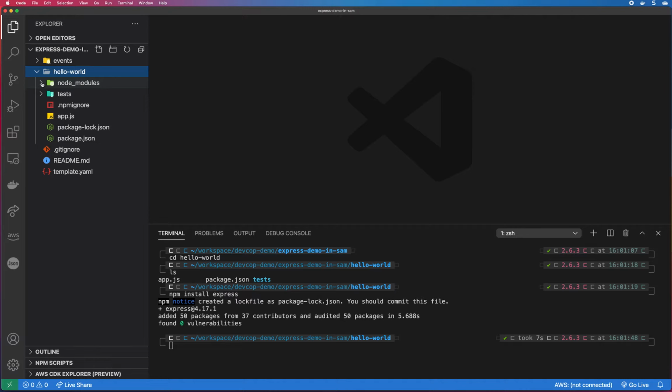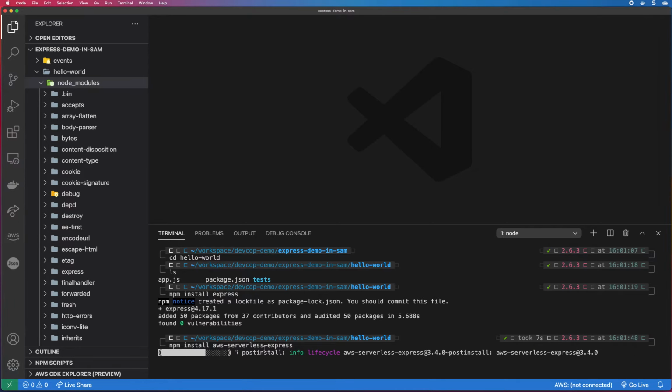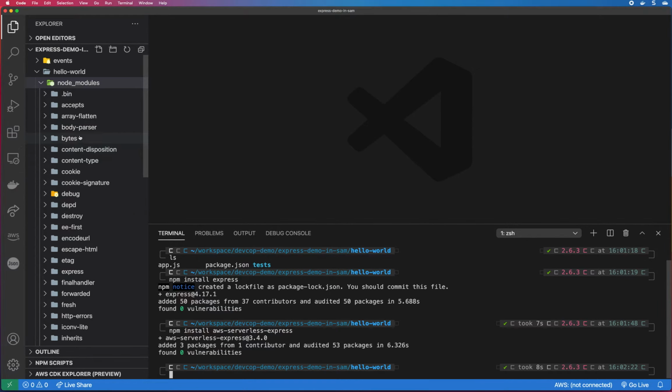Alright, so if you expand there, you should see Express as well. So there we go, cool. And similarly install AWS Serverless Express, cool. And once this is installed, you will see the AWS Serverless Express folder in the node modules folder as well. So if you just refresh it, here we go. Okay, so now that's done,